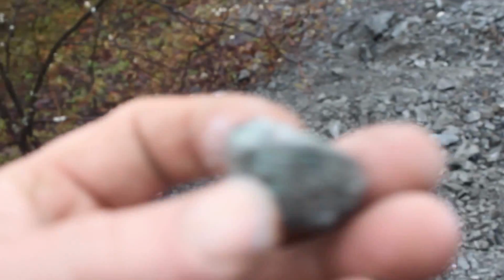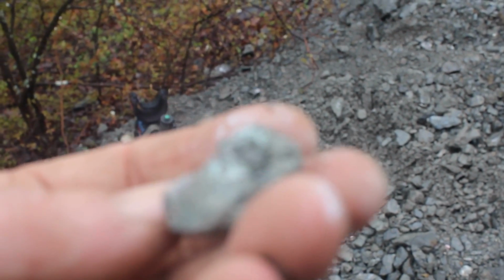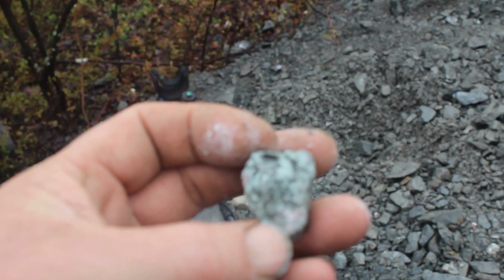Well, I'm astounded. I immediately found this one, which looks like it's mostly nickeline, a bit of cobalt down in there if you see the pink. And then